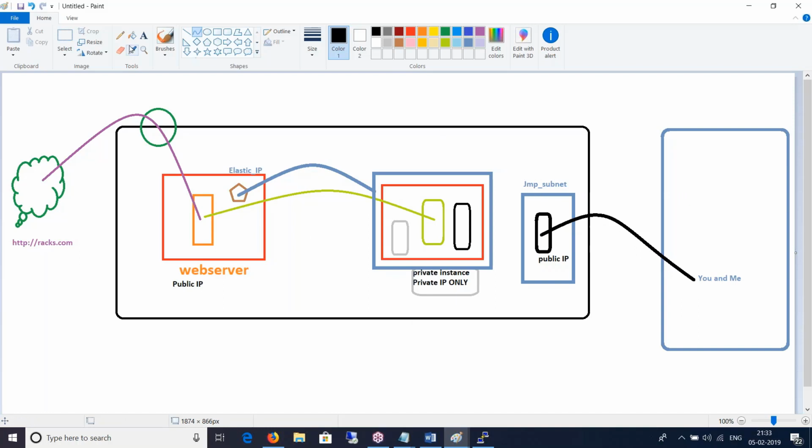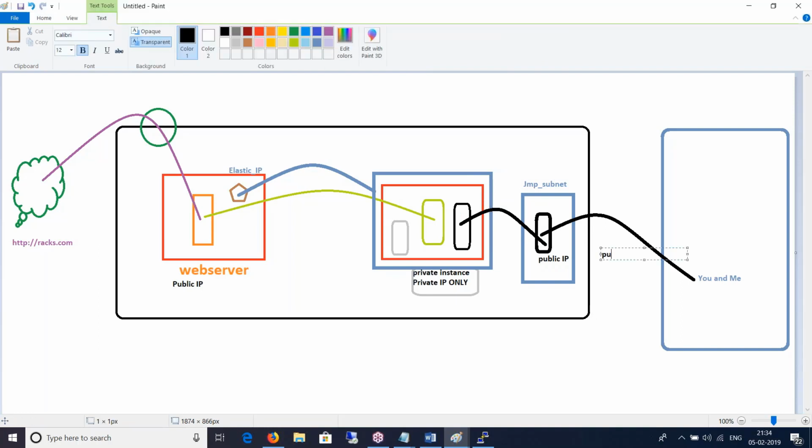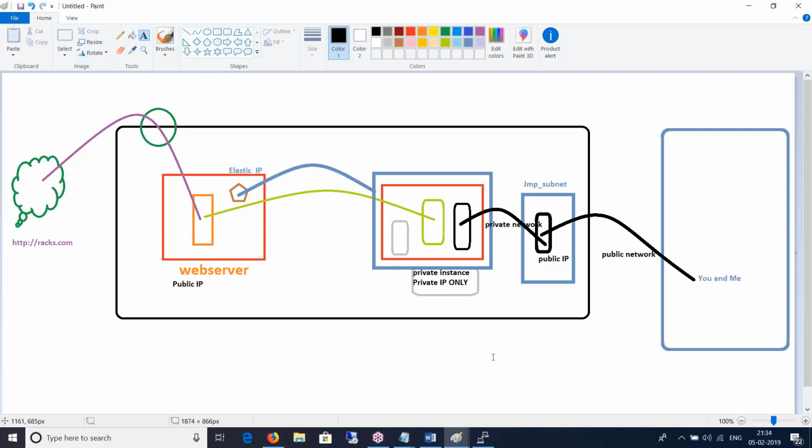You can definitely talk to this machine over a private IP, isn't it? So from here to here, the transactions will be on a public network, and this transaction is happening on a private network. Is it clear?